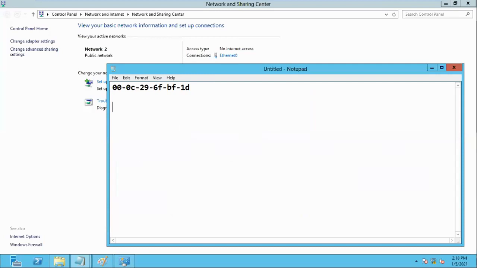It is base 16. After 9 come A, B, C, D, E, F. Zero is there too: 0, 1, 2, 3, 4, 5, 6, 7, 8, 9, then A, B, C, D, E, F.